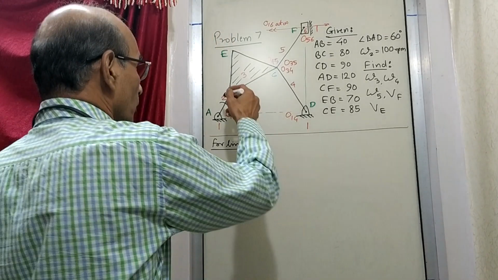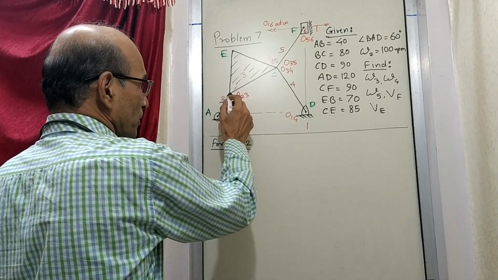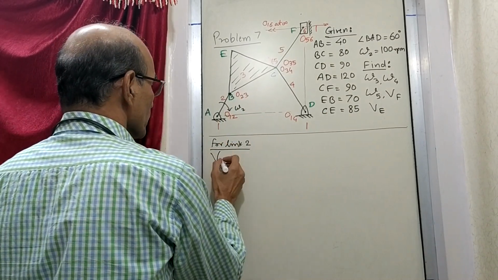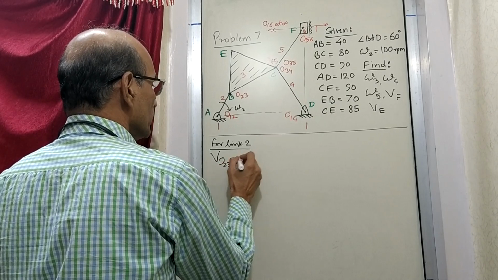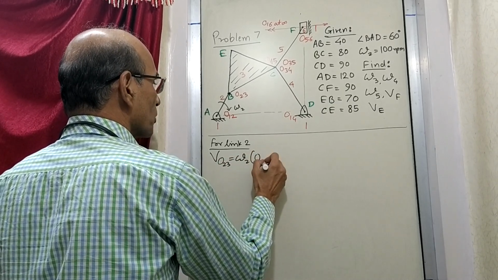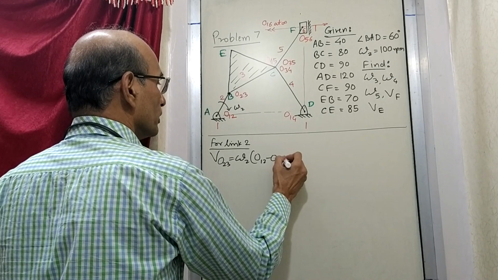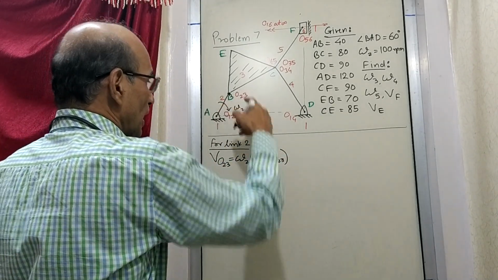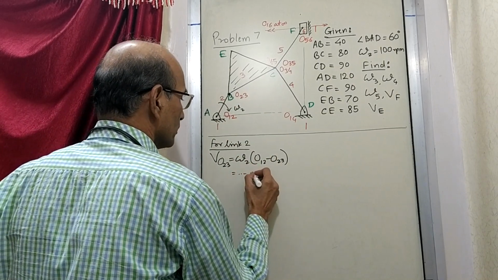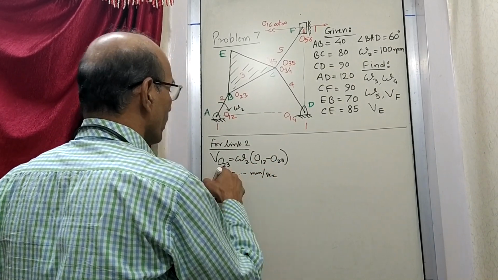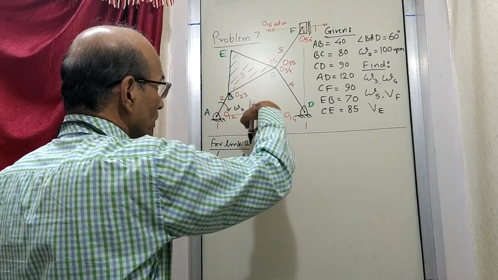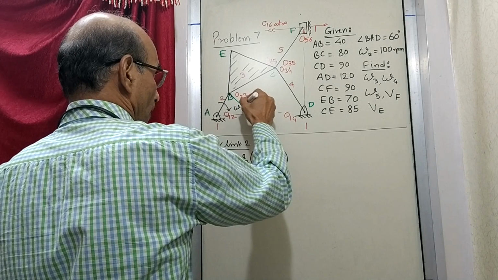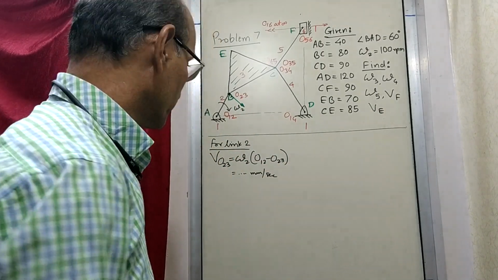So we start with link number 2. The velocity of this point B, that is the velocity of point 23. So we write 23 is the point on link number 2. So we write velocity of 23 is equal to omega 2 times the distance from 1,2 to 2,3. This distance is r. Now since omega and r both are known, you can get the value here of the velocity of point 23, which will be like this. This will be the velocity of O23.